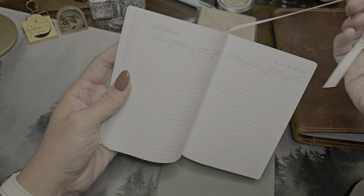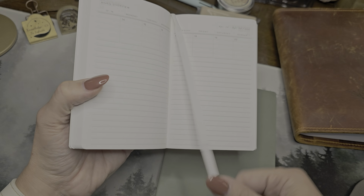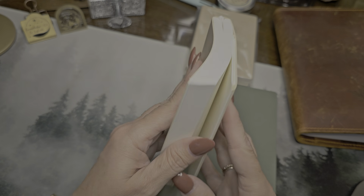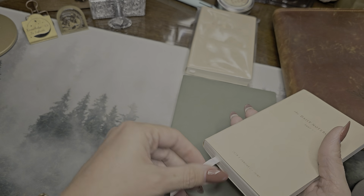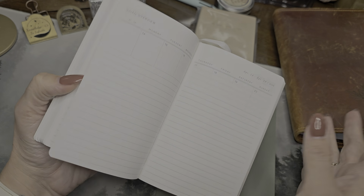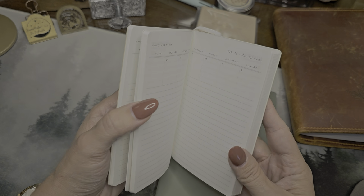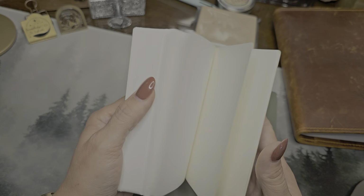I love ribbons. I'm very old school, guys. I like old leather-bound books. I love ribbon bookmarks. I just love the olden day feel of things. So I don't know. Maybe this could be it forever. But